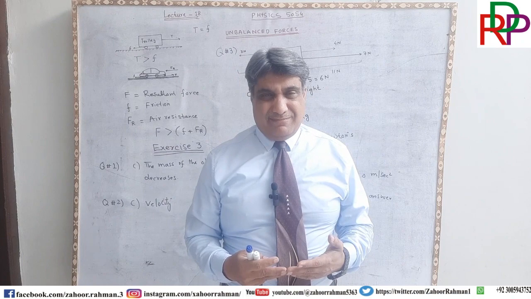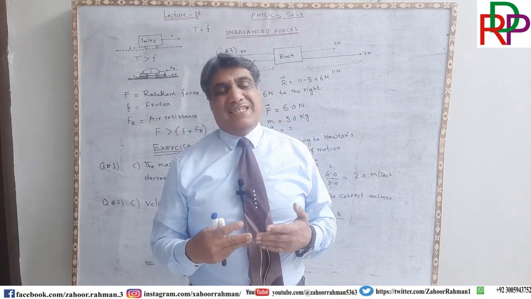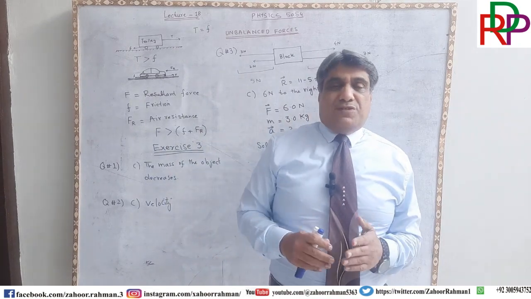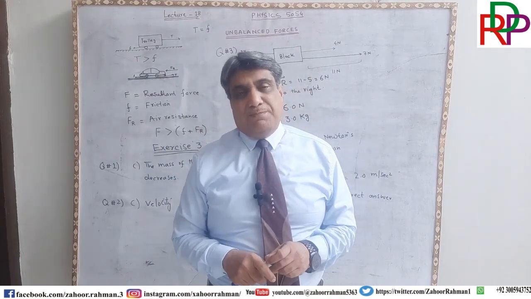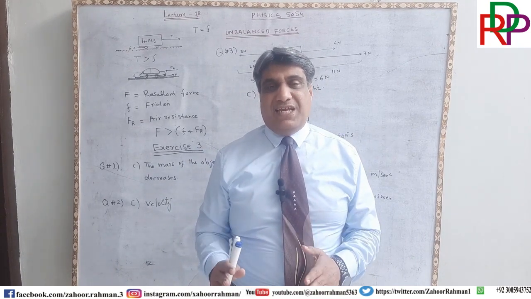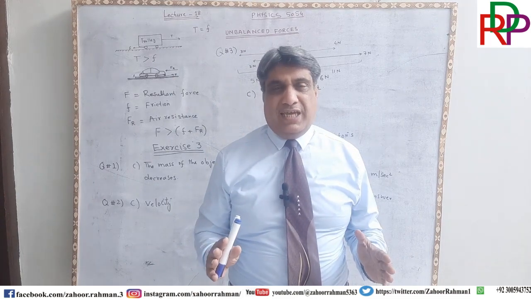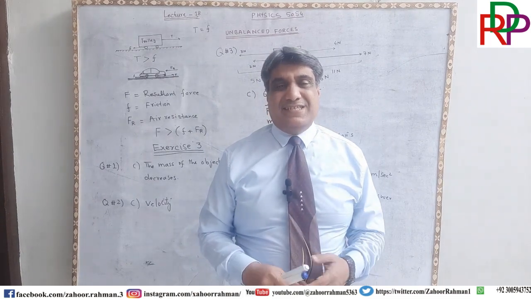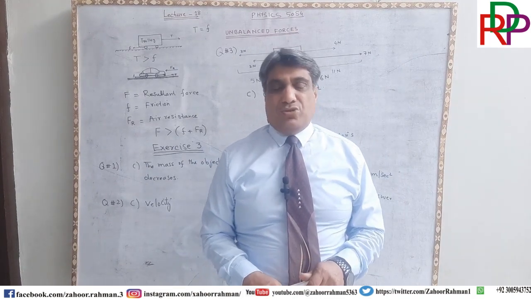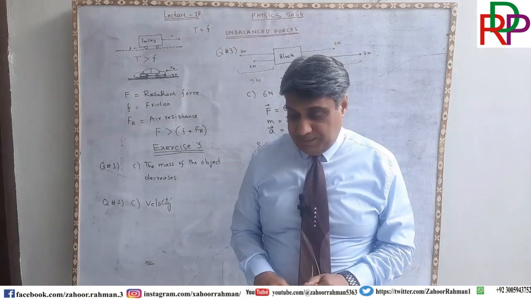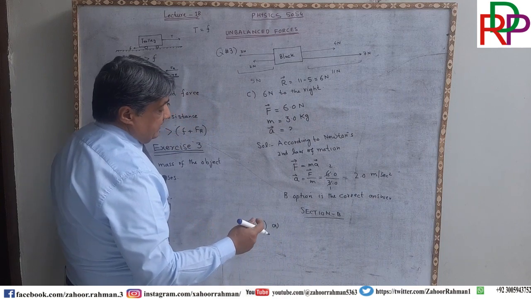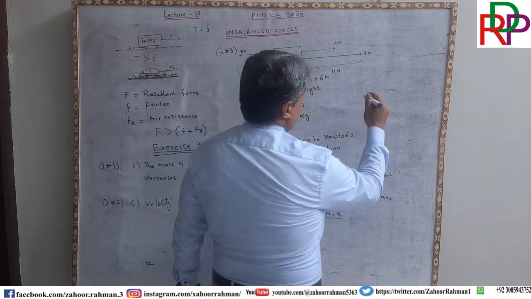Mass is an example of a scalar quantity. What is a vector quantity? Those physical quantities which are completely specified by their magnitude as well as direction and a proper unit. Velocity is an example, because they told us to give one example. So velocity is the example of this. Okay, now part B, it is given that